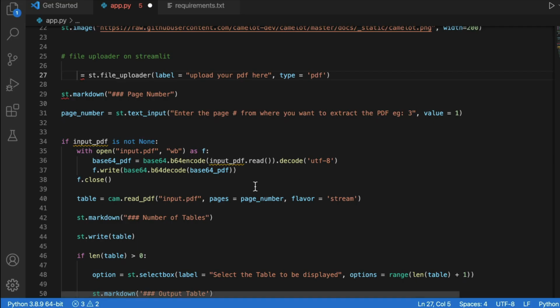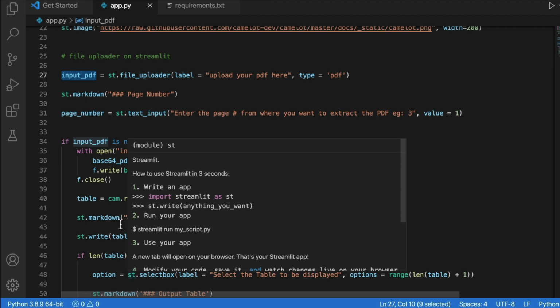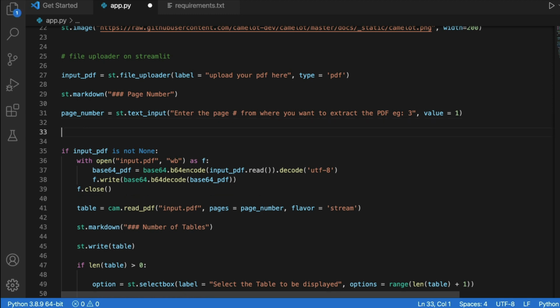Like as you can see now, you don't see anything below this, right? But there is a whole bunch of code that you don't see, and the reason you don't see anything is because we have not uploaded anything. So this section says run this only when a PDF is uploaded.